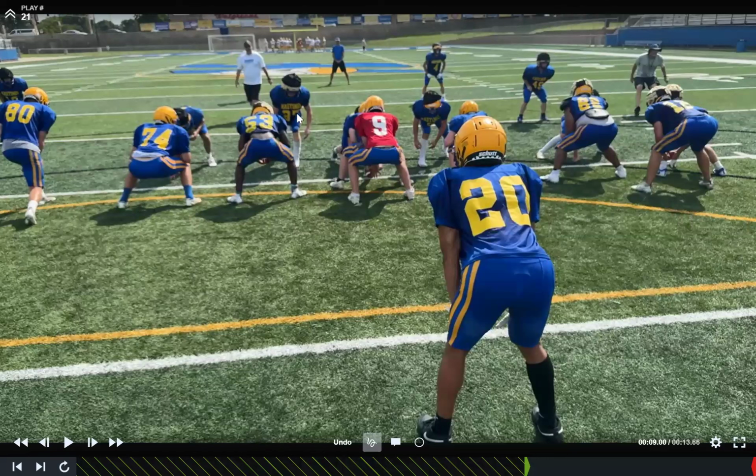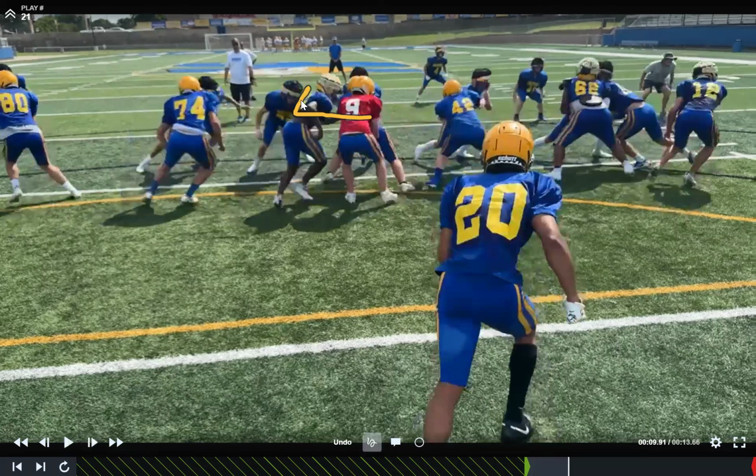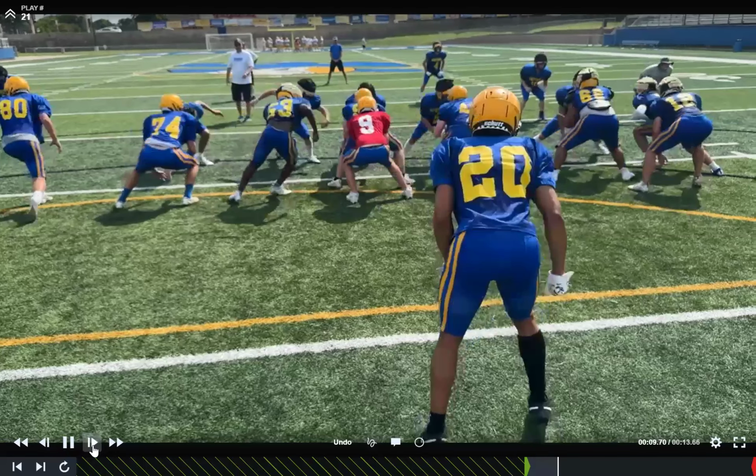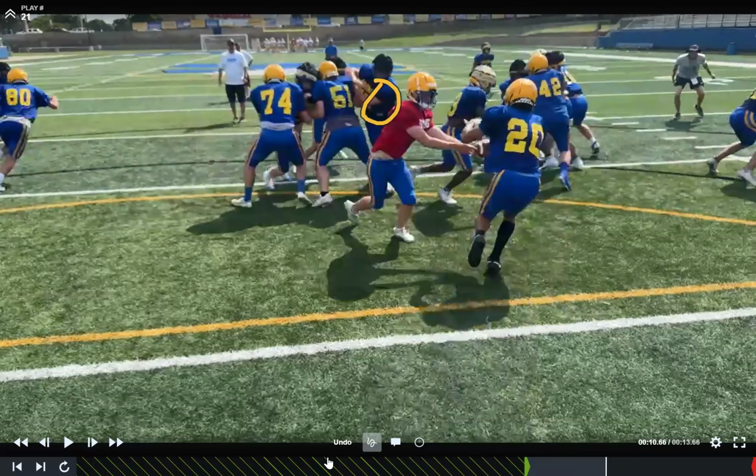Okay. Against this look where they have 3 guys and 2 gaps, we just need to step down, block down. Okay. Block down and block our gaps here. Because look what happens if we block our gaps. If we step down and block here, he's taken care of. If our guard blocks down into his gap, he's not going out this way. He'd be down on the center, because no one blocks the center. Look, the center's coming scot-free.